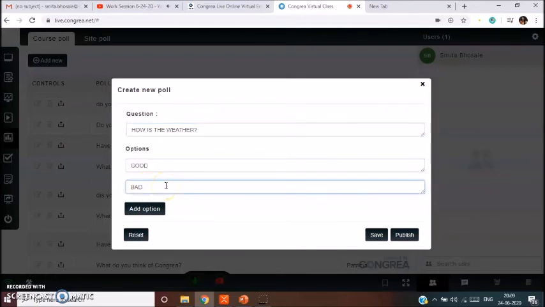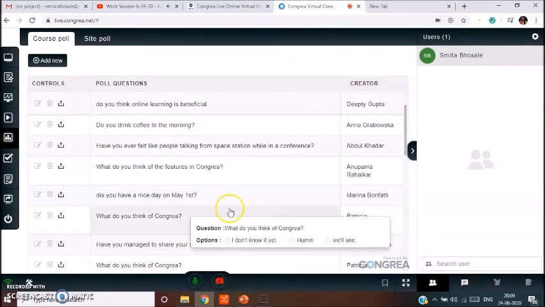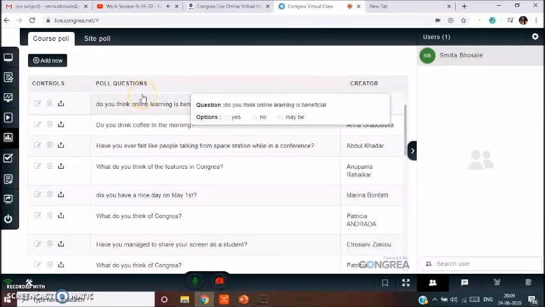You can also provide the options. If you wish to add a new option, you can add. You need to save, and you can also publish the question.